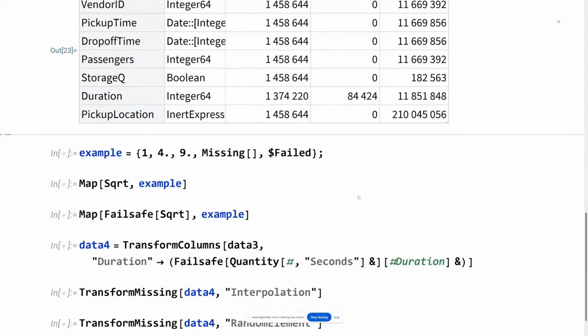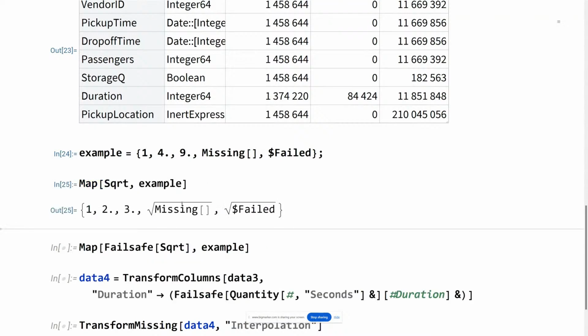Now, missings, it's all kind of easy to put them in. It's dealing with them can sometimes be problematic. And a little digression here. This is a typical problem that anyone who writes Wolfram language code ends up having to write fairly trivial but annoying code to get around. I got some data and I want to do something like map a function over that data. And map is nice and elegant, says take the square root of every